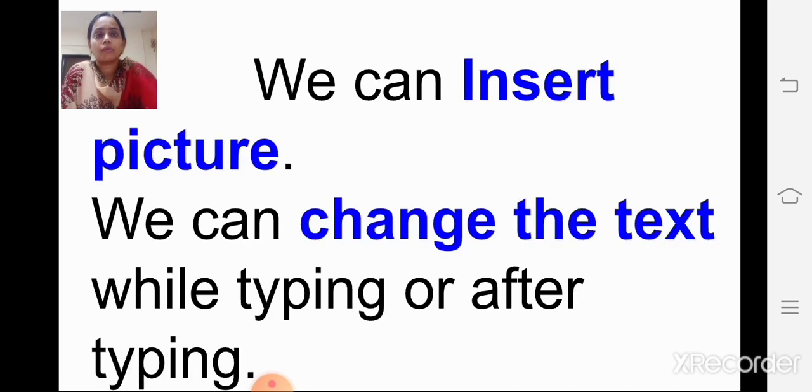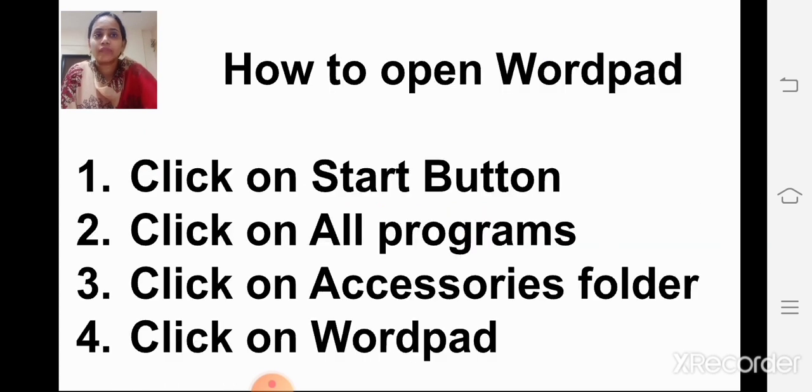Okay, now see, we can insert picture, we can change the text while typing and after typing also. Now we will see how to open WordPad. Like, see how we open Notepad. Same steps we are going to follow. Okay, you know how to open Notepad. Same steps we will follow to open WordPad.